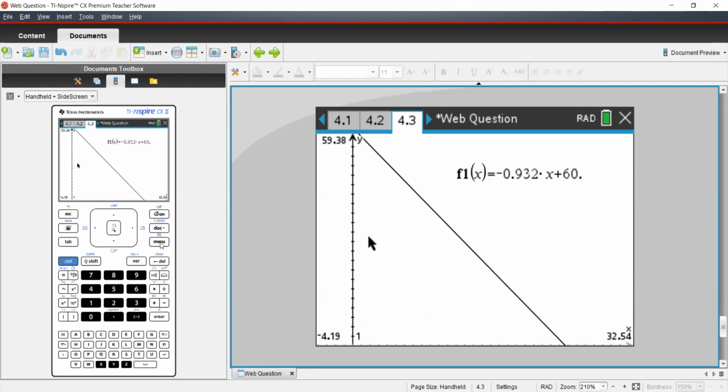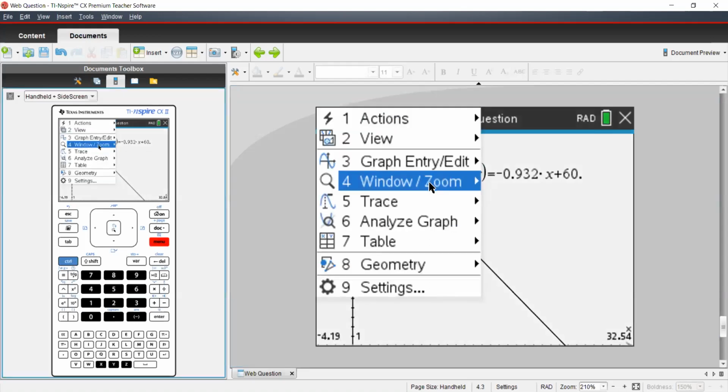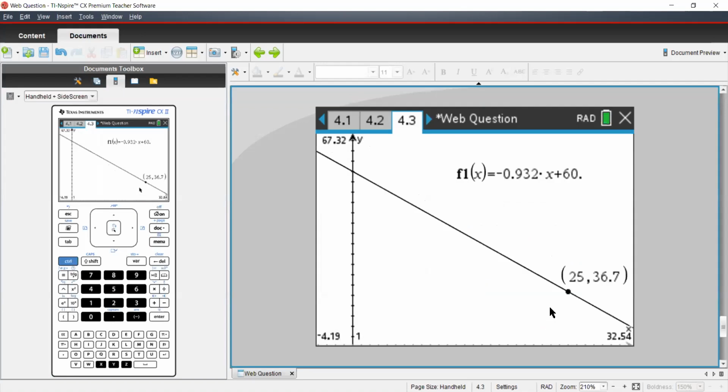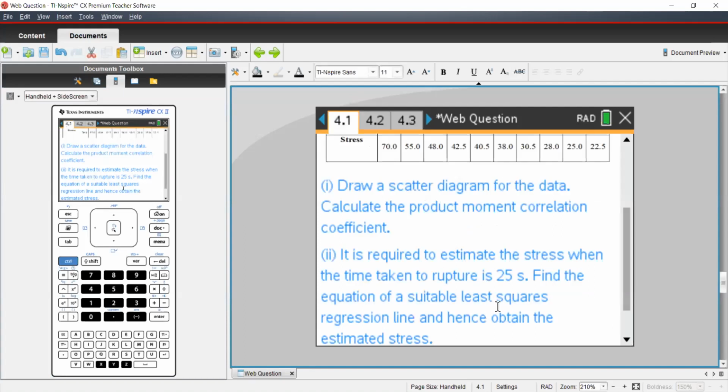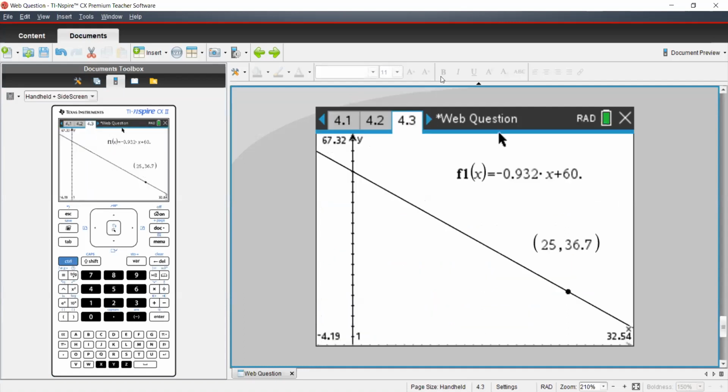Just a second. It moved out of this, yeah. So you got the value of Y, 36.7. So for this question, the stress for the 25 second is given as 36.7. Yes, over to you, Swati.